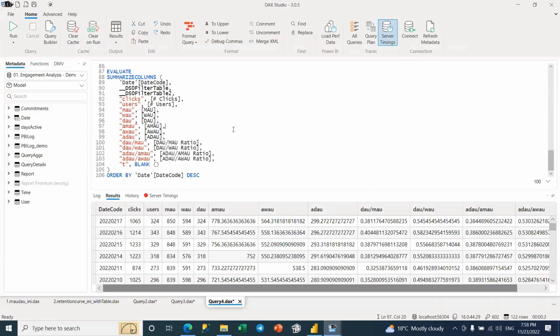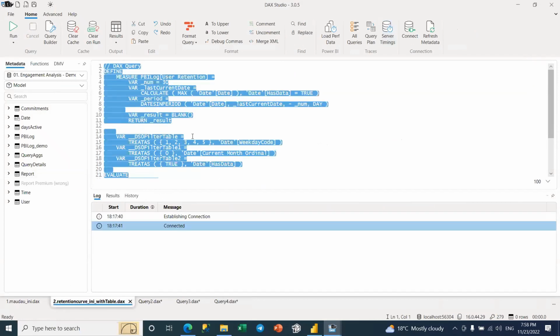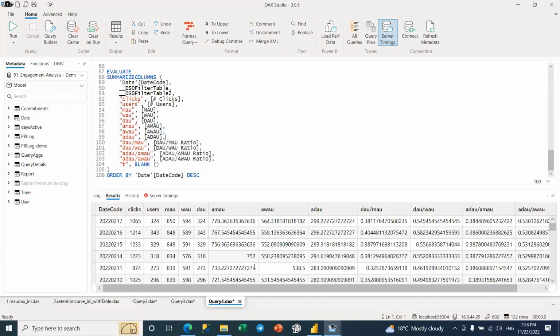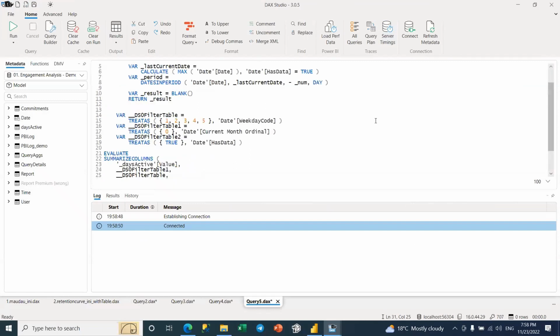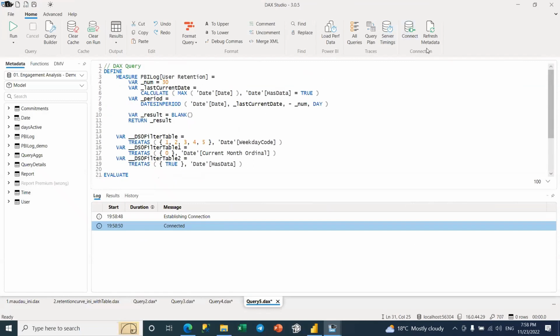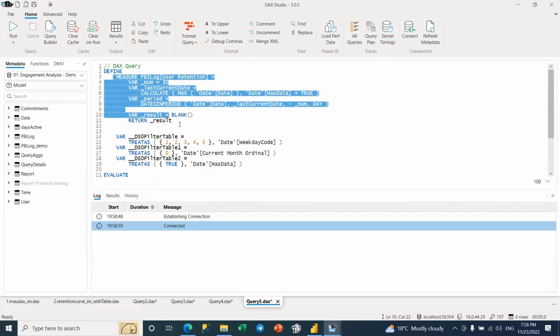So in this case, let me just copy the same template, an empty template, for us to start working with the DAX from 0. So I'm connected. You know this pattern.